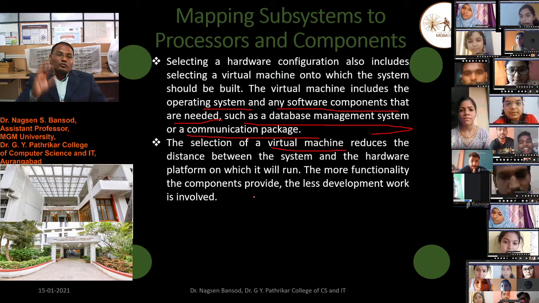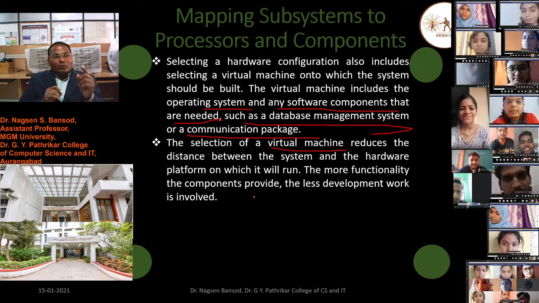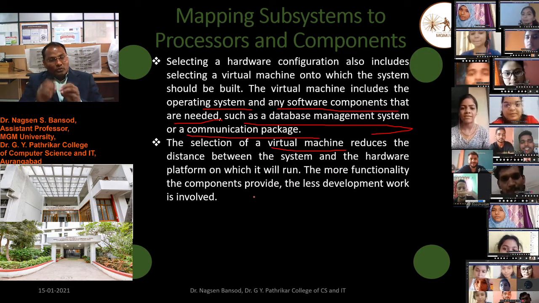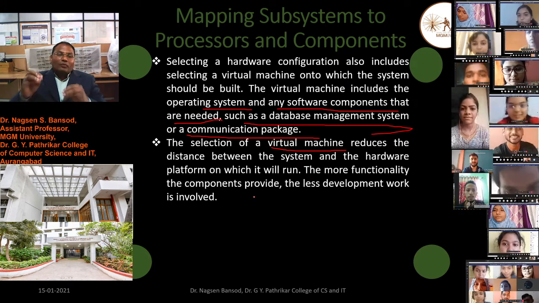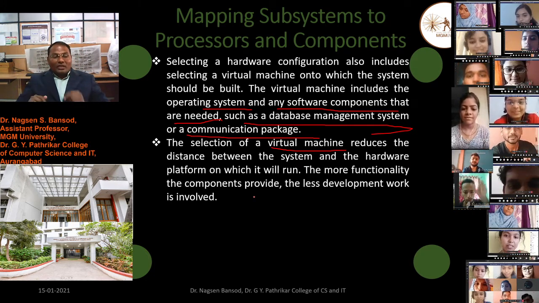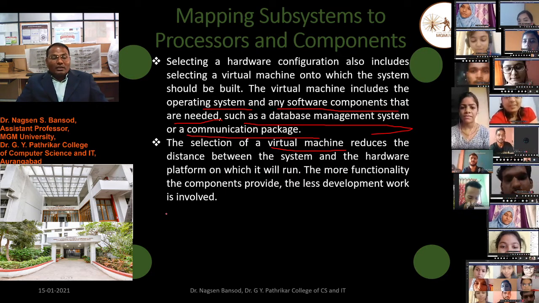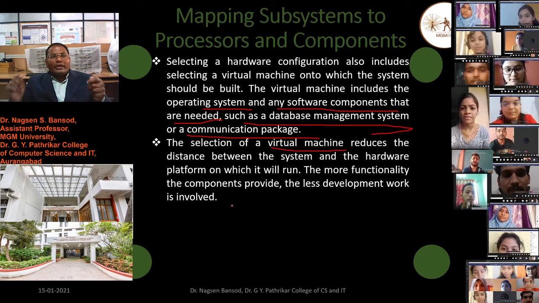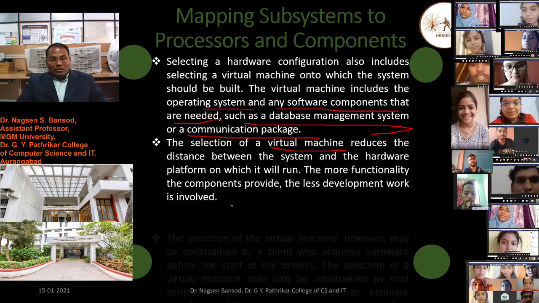Suppose some software only runs on Linux; then in this operating system we install a virtual machine, add our Linux operating system in that virtual machine, and after that add our required software. So less development work is required. We do not require any programming for such a task on the computer.